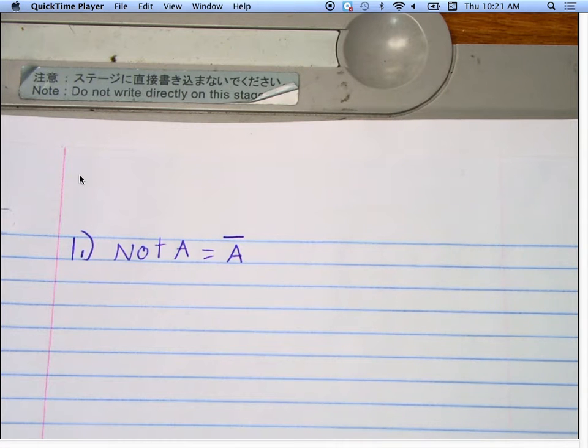So we're going to start with some notations you need to know. Okay? So when I say not A, oftentimes I'll just have the letter A with a line over the top. So this is something that you'll need to know. All right. So what numbers are included in not A? -3, -9, -15,